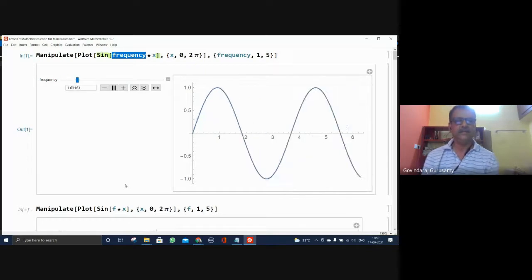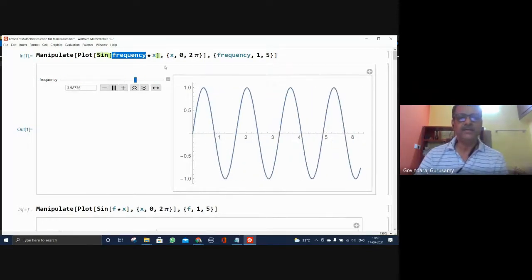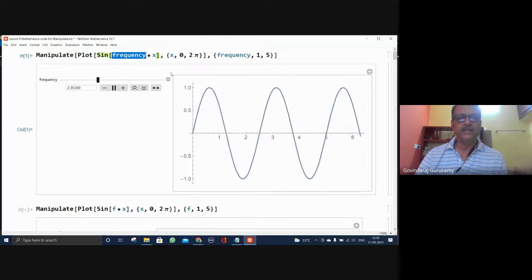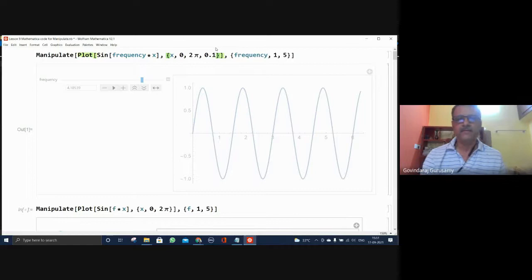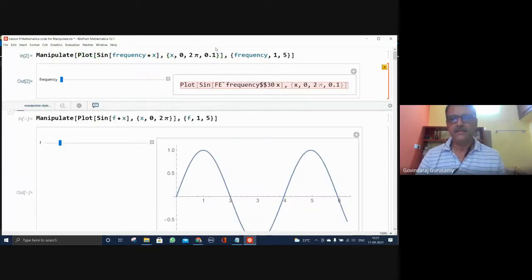So this panel contains a number of mathematical commands grouped together. You can see the sine function, in which there is a product of the frequency and x, which is the argument of the sine. That is evaluated, with x varying from 0 to 2 pi, which we have put in the list. That list is being operated on. When you have a Plot and Sine, if I add something here, just see what's happening. What will happen now? What would you expect? What is happening now?